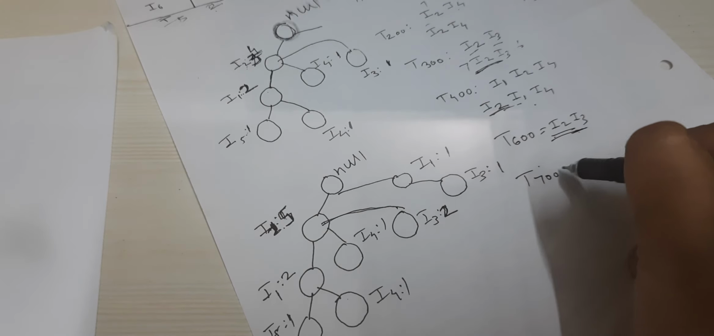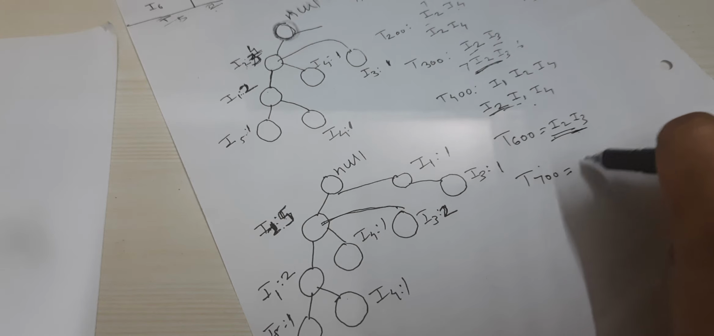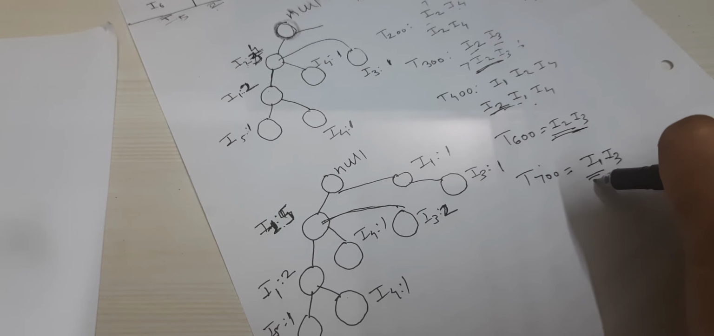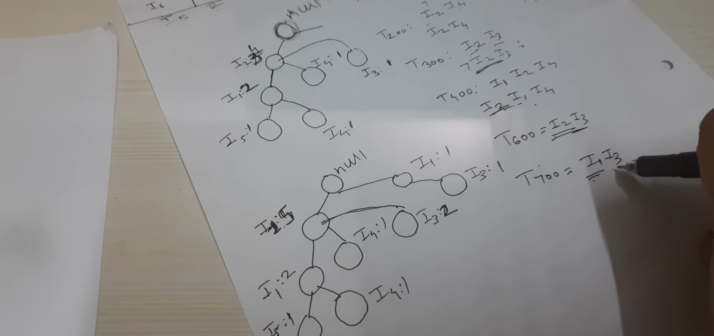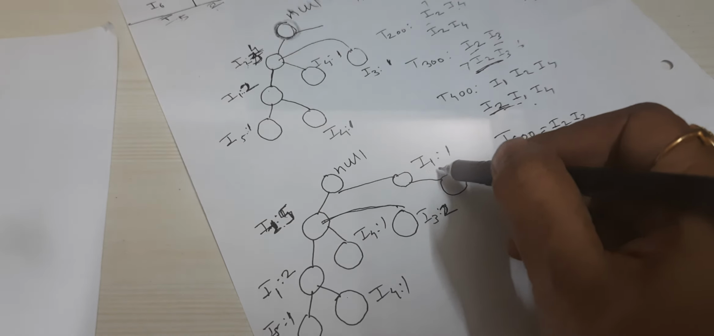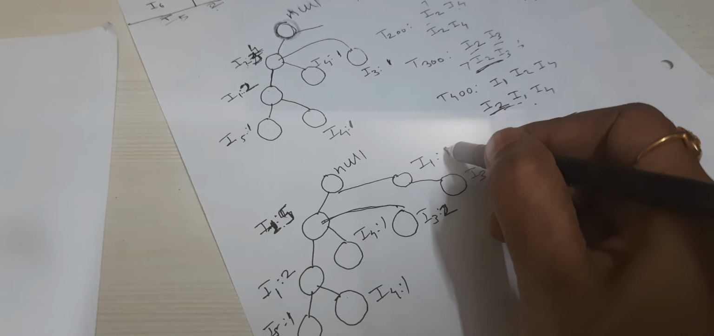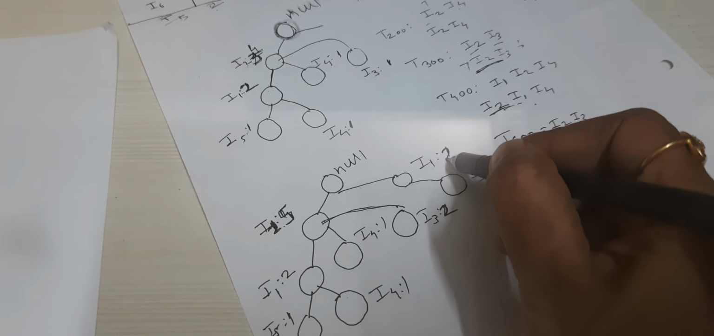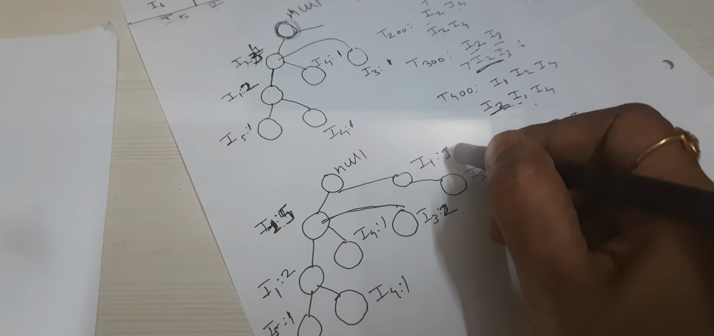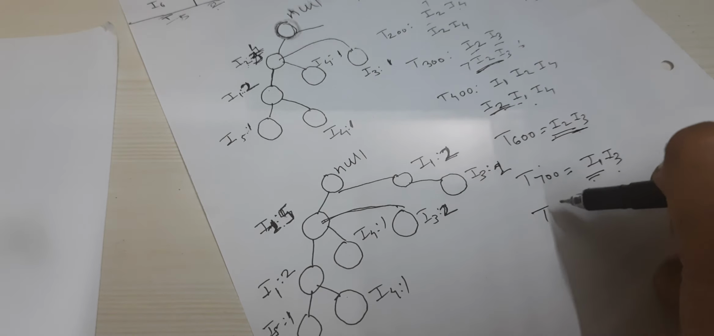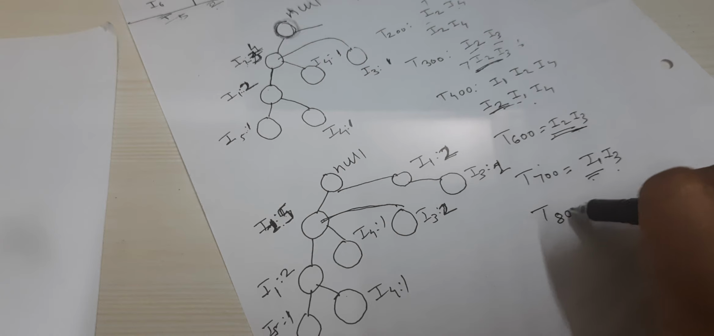Next transaction is 700, which contains I1 and I3. Now see, support count for I1 is 6 and I3 is 6. So here is your tree which is already available. So you just have to increase the count of the node. So here is your 2 and here is your 2. After transaction 700, see the transaction 800